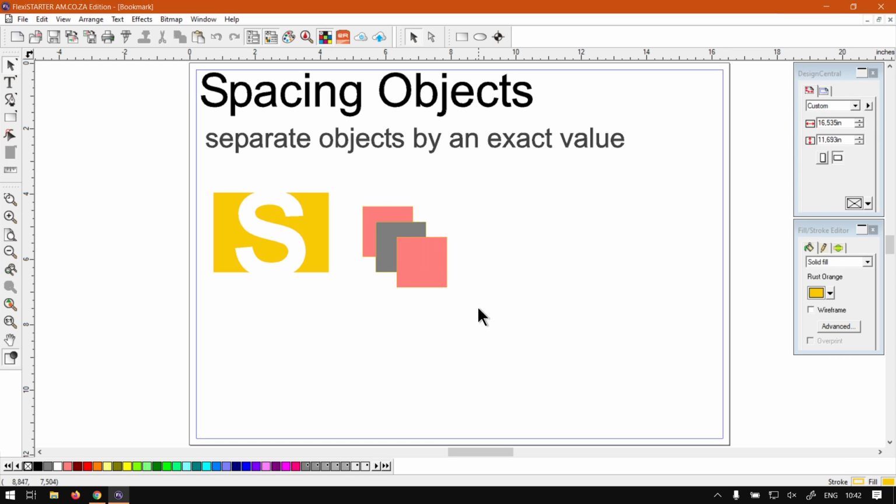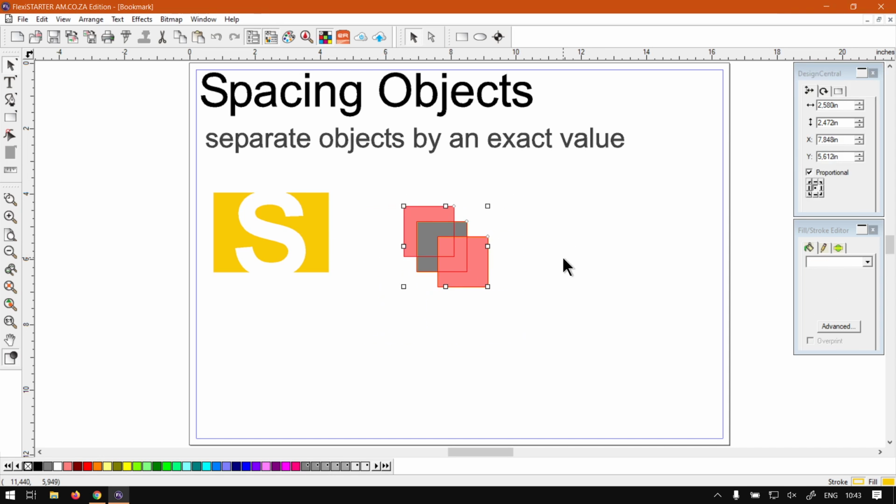Otherwise, if you are on a custom origin, let's say we want the gray one to be the origin, then what you want to do is select the gray one first and you keep shifting and select the rest. Now when you do spacing, it will use this as your origin, and I'll try to space these around it. We'll demonstrate a few of these options now, but let's just first box select, go to locate